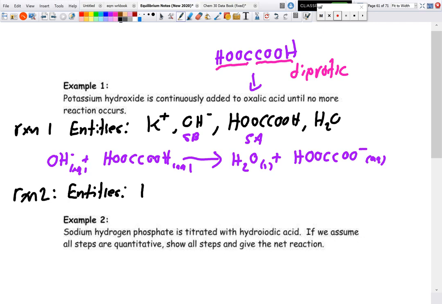Because if we're continuously adding potassium hydroxide, that means for reaction 2, we still have an abundance of potassium and hydroxide. But now we have our hydrogen oxalate ion. And of course, because we're adding our potassium hydroxide, our hydroxide is going to be our strongest base. Now when we're looking at which one's going to be a stronger acid, our hydrogen oxalate or our water, from our data booklet, the hydrogen oxalate should be the stronger acid. So our second reaction,